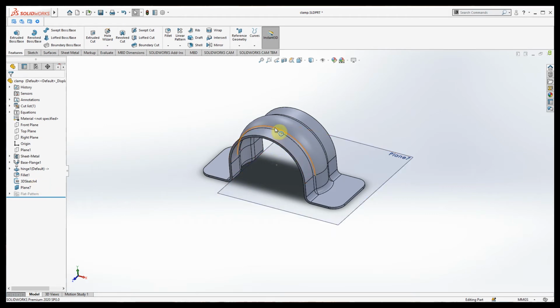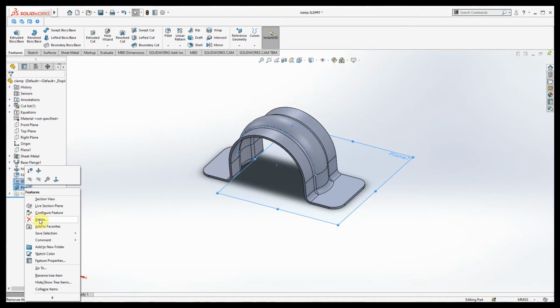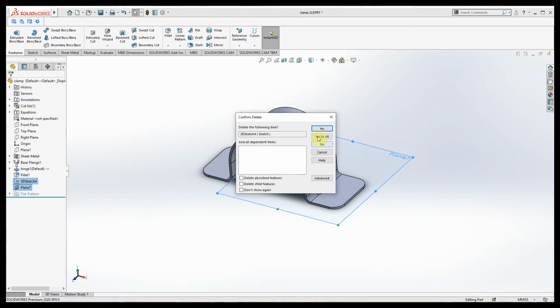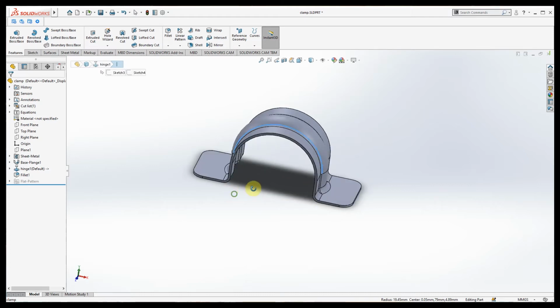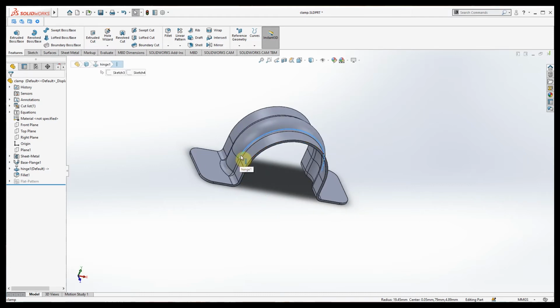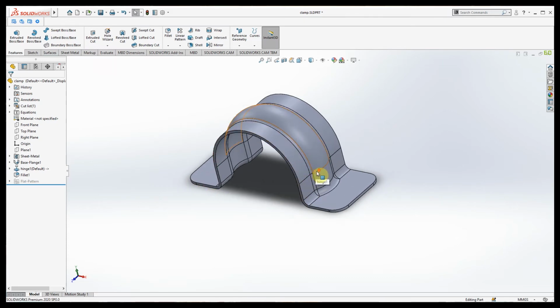Before creating the path itself, we can create this plane. So how we can do that? I will delete this plane and path also. Select this line. If you want the plane over here, select near to that. This point is near to that. If you want the plane on this edge, then select near to this face, near to that point. So I need the plane over here, so I selected near to that.